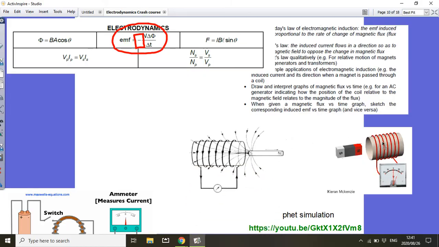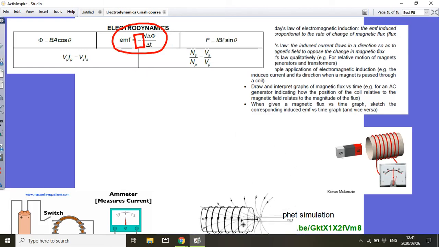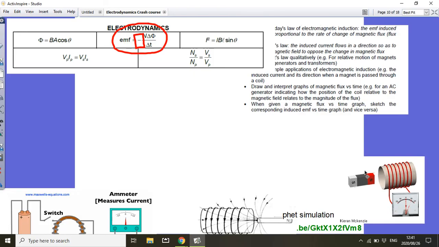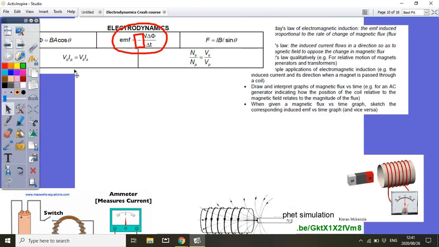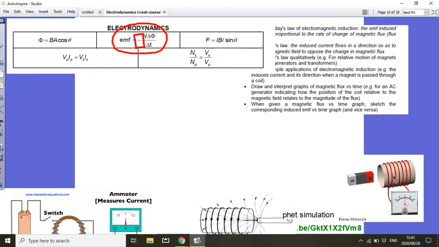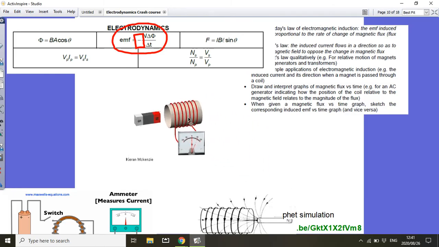That is just all the different ways in which you can create a change in the magnetic flux. Because remember, if you do not have a change in the magnetic flux, you cannot have an EMF induced and you cannot get a current to flow. So that is why these diagrams were here. Now, if you look at the minus, and I maybe need to use this one here to show you this. The negative is because